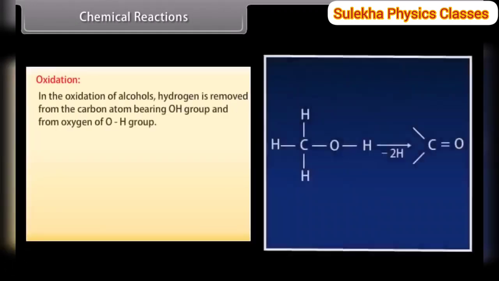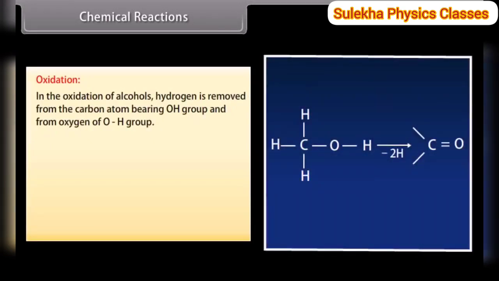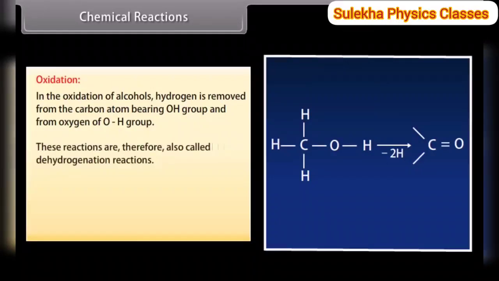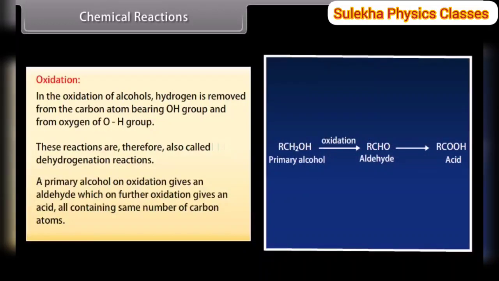Oxidation. In the oxidation of alcohols, hydrogen is removed from the carbon atom bearing the OH group and from the oxygen of the OH group. These reactions are, therefore, also called dehydrogenation reactions. A primary alcohol on oxidation gives an aldehyde, which on further oxidation gives an acid, all containing the same number of